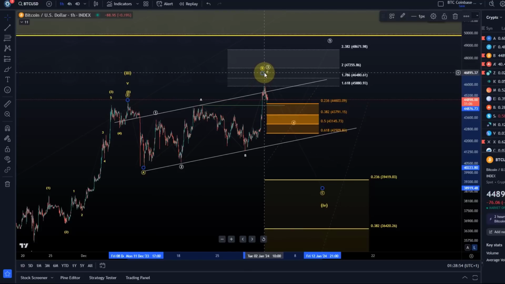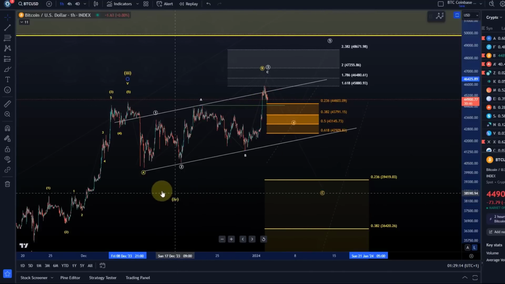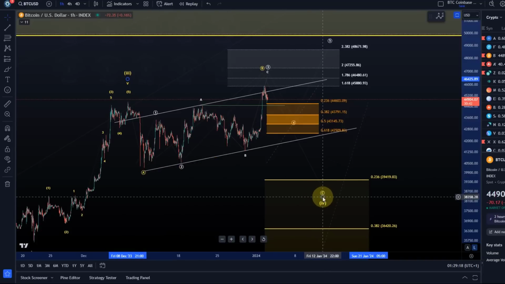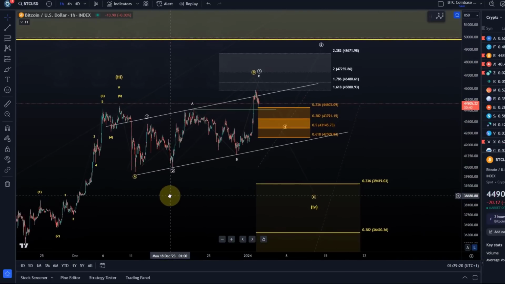And remember what I highlighted to you weeks ago when we entered this correction. It could be a long correction. It could take into the new year, and it can be a frustrating one. And we could see fake outs to the upside, even overshooting B waves. And all of that has come true. What we need to be mindful of, though, is that it's not very clear that this wave 4 is already finished. That's unclear. So I'll tell you which levels we need to watch out for in the next few days.